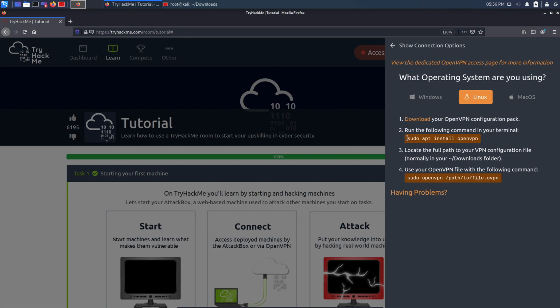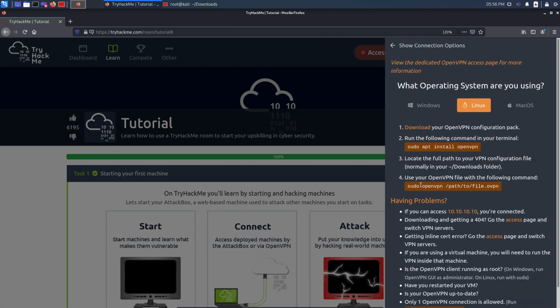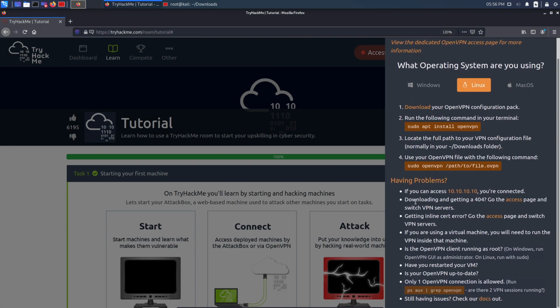Then you can install OpenVPN with sudo apt install openvpn, and the configuration file will be present somewhere in your downloads folder. Then you run sudo openvpn and the name of the file, and it will run the VPN file. But before doing that, because a lot of people are having a lot of errors and problems, what I would recommend is that you should click on